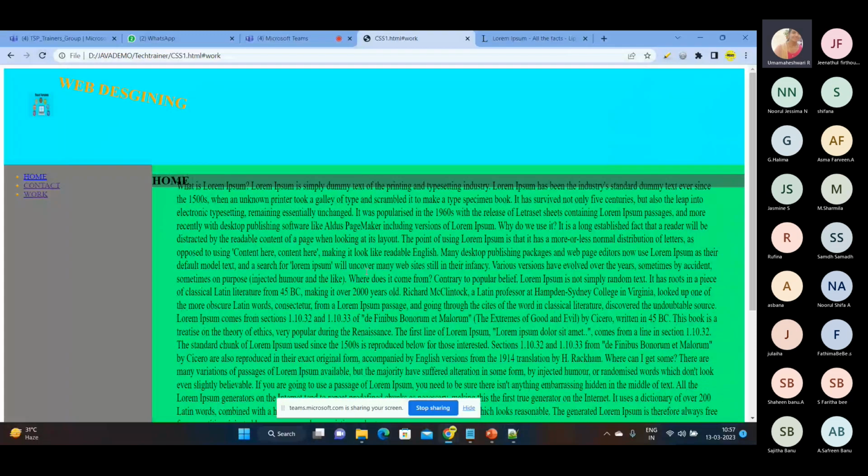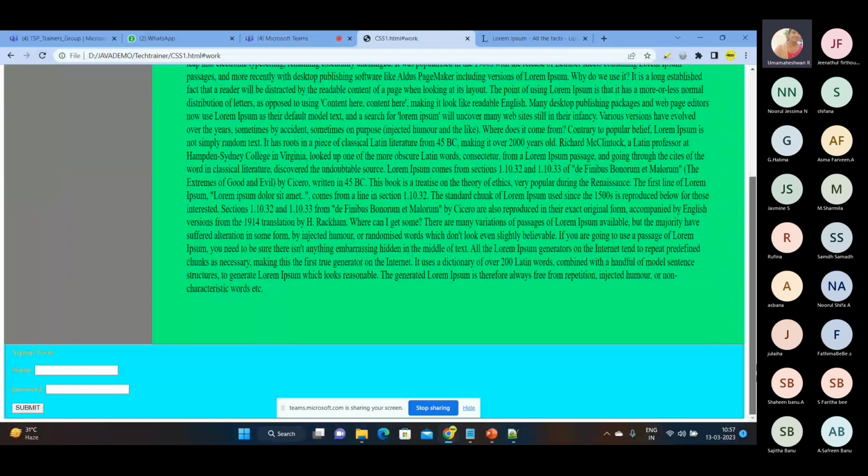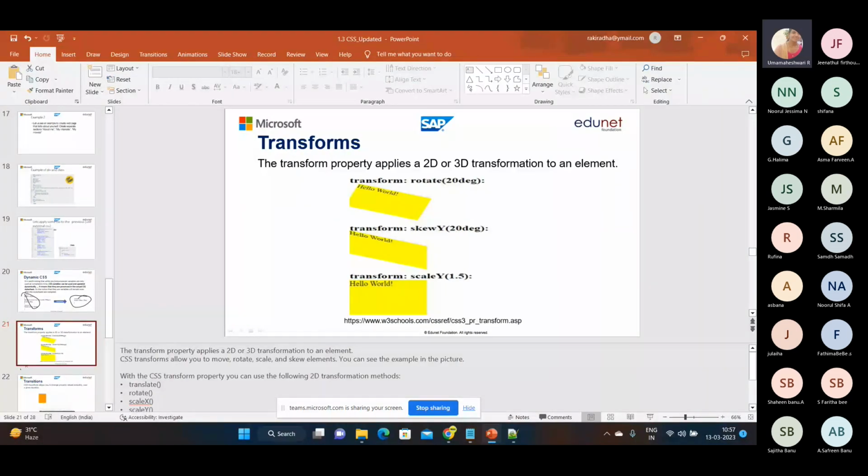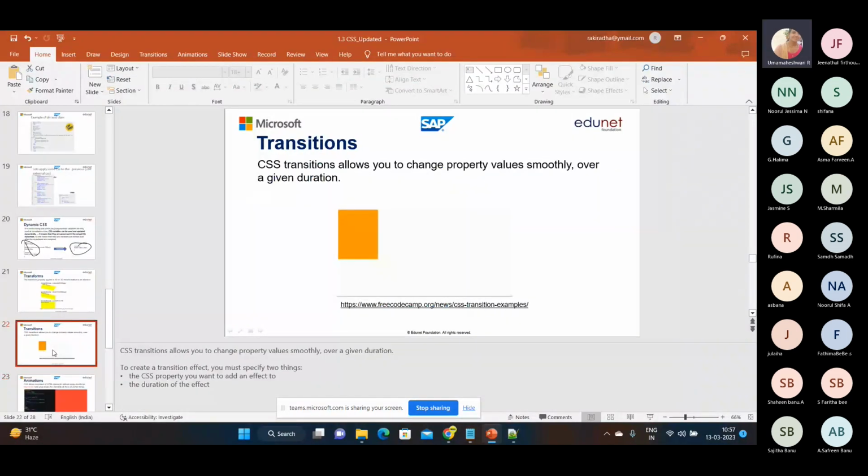So like this you can create a page. Okay, clear? So using a transform. So the next thing is what is called transition. Transition is moving from one place to another place. Okay. So how can I do this? So for example,